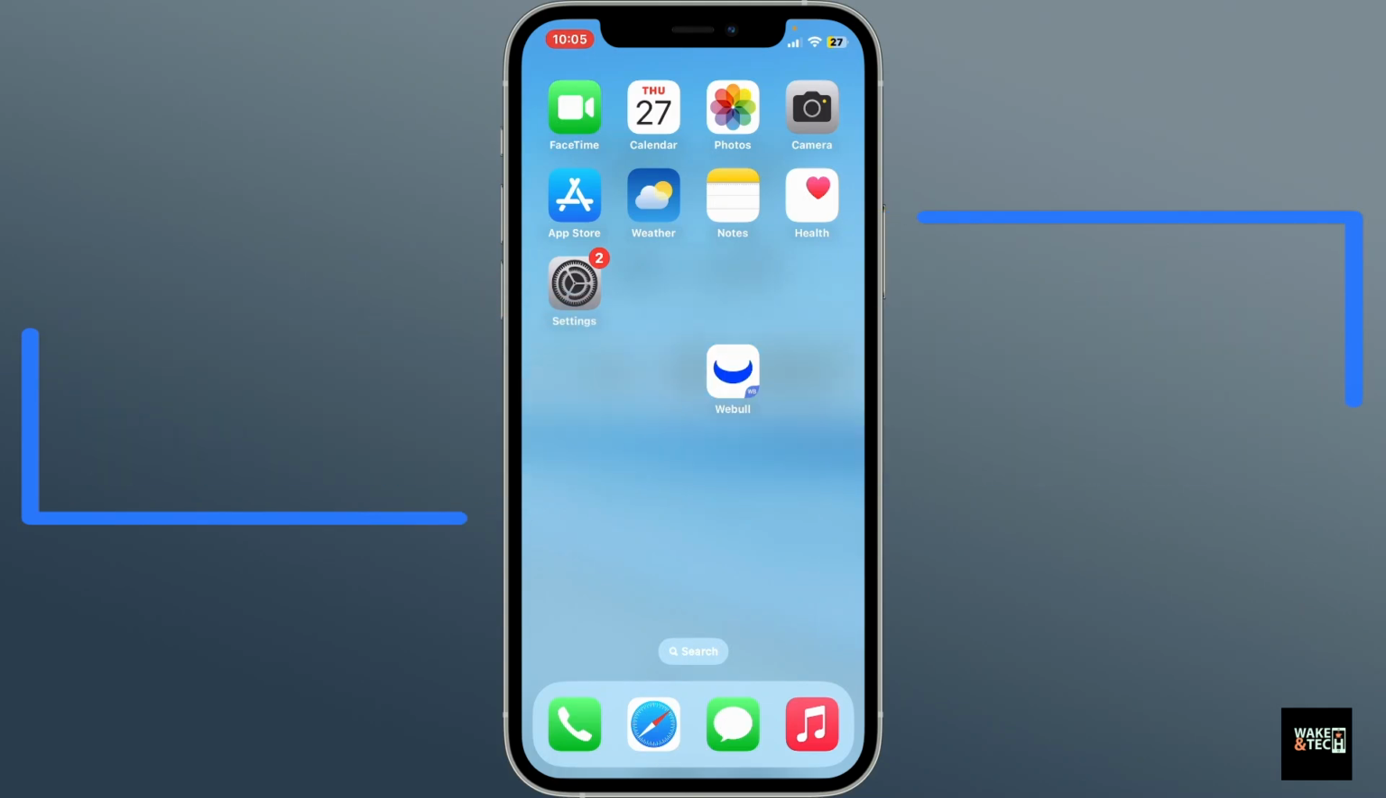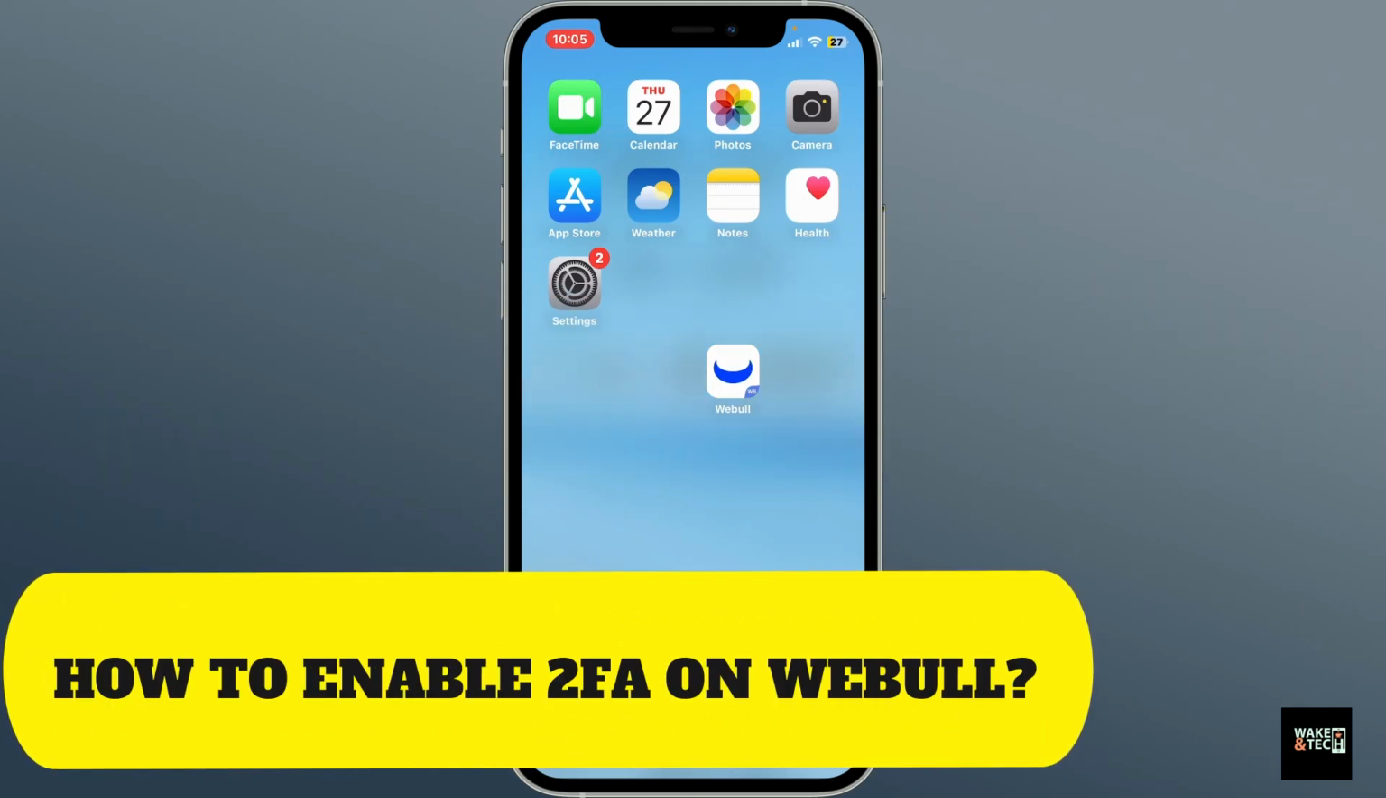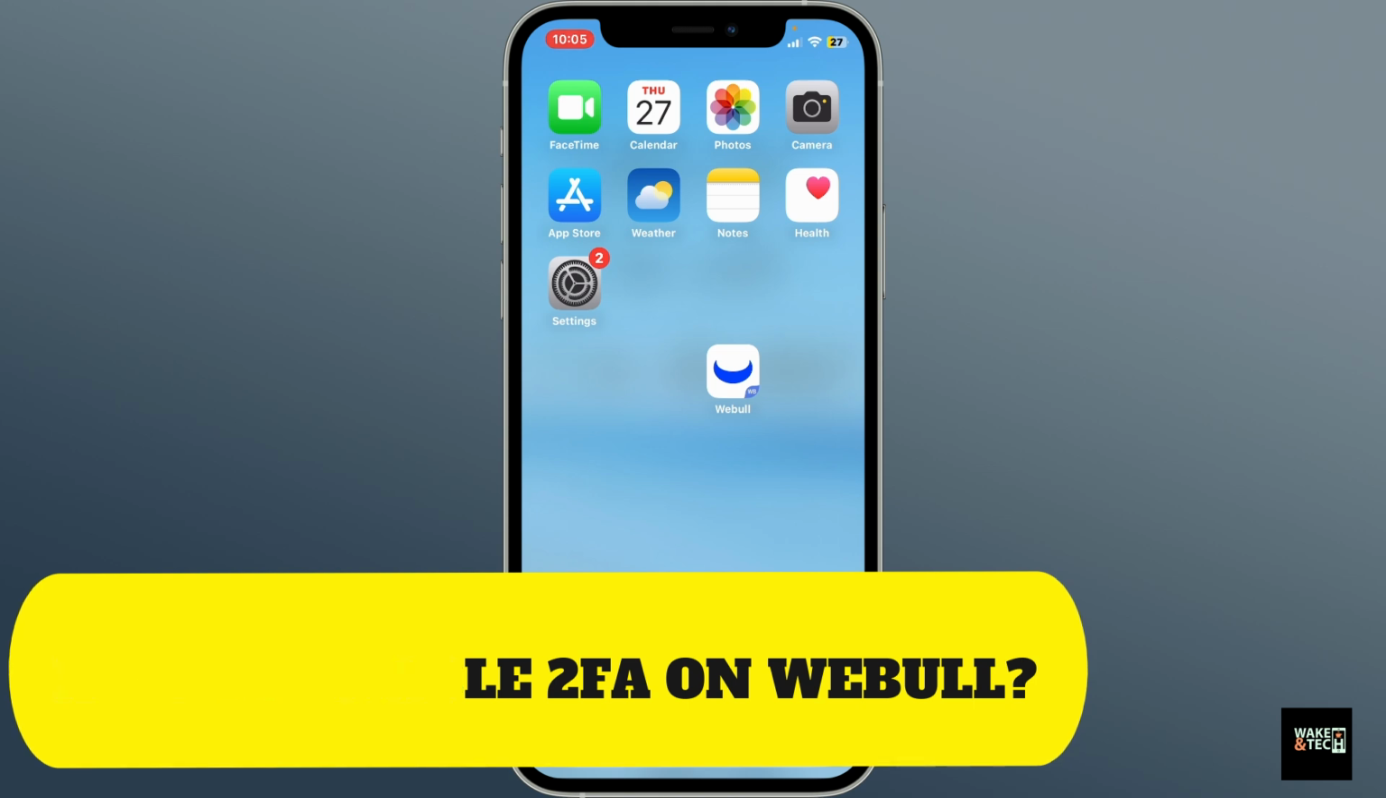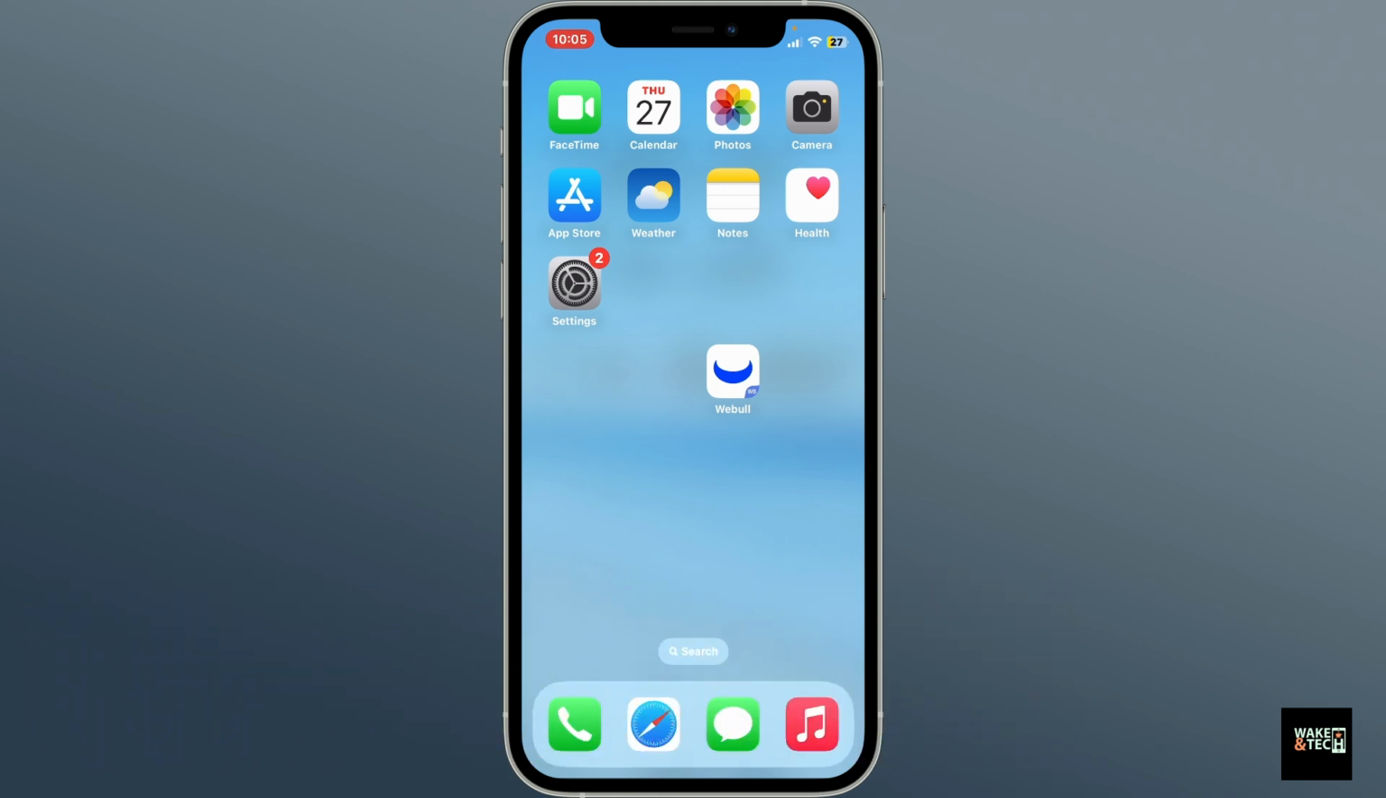Today in this video, I'm going to show you how to enable two-factor authentication on Webull. Securing your Webull account is very important, especially when dealing with investments and trading funds. So in order to enable two-factor authentication to add an extra layer of security to your account, first of all,